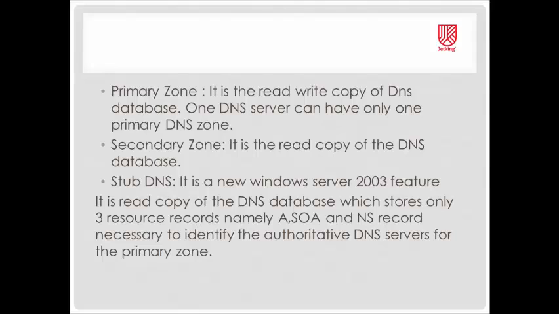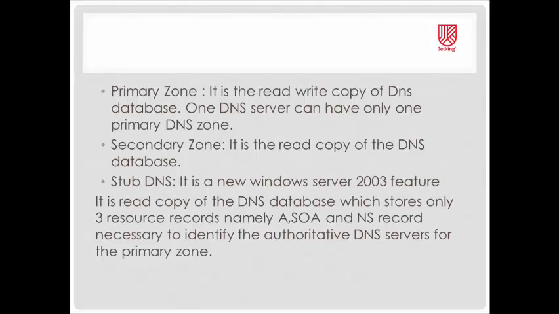So what is the difference between the secondary zone and the stub zone? Secondary zone contains copies of all the resource records, that is the SOA record, NS record, A record, AAAA record, mail exchanger record, etc. Whereas stub zone contains only three resource records, namely start of authority record, name server record and